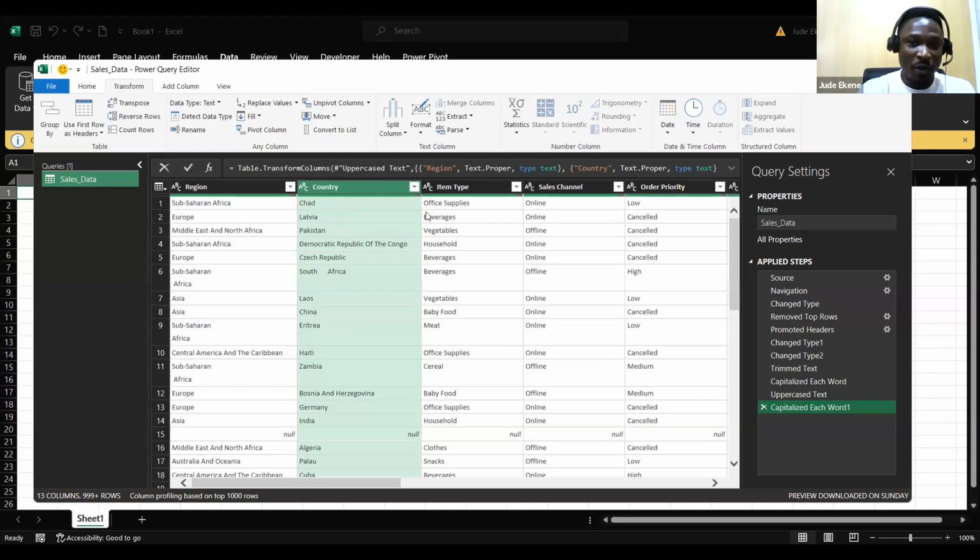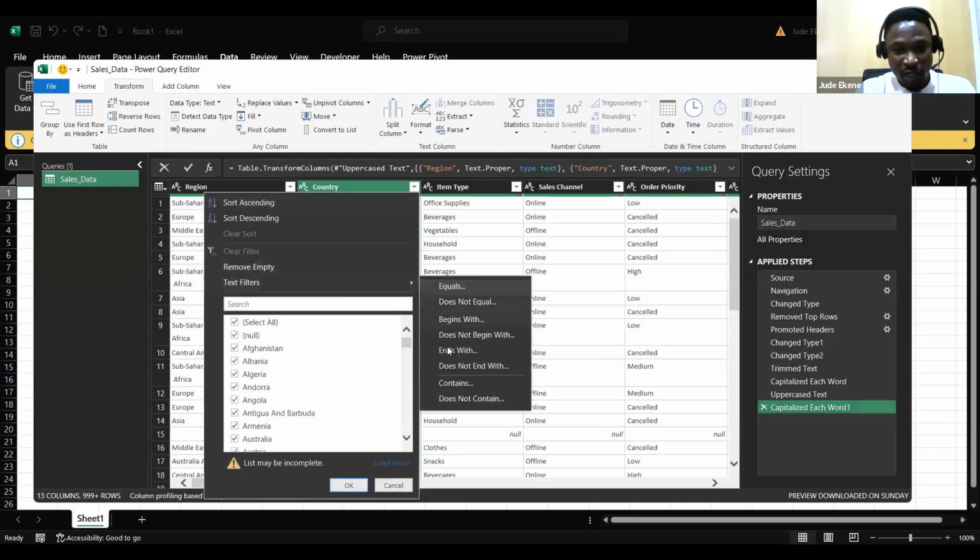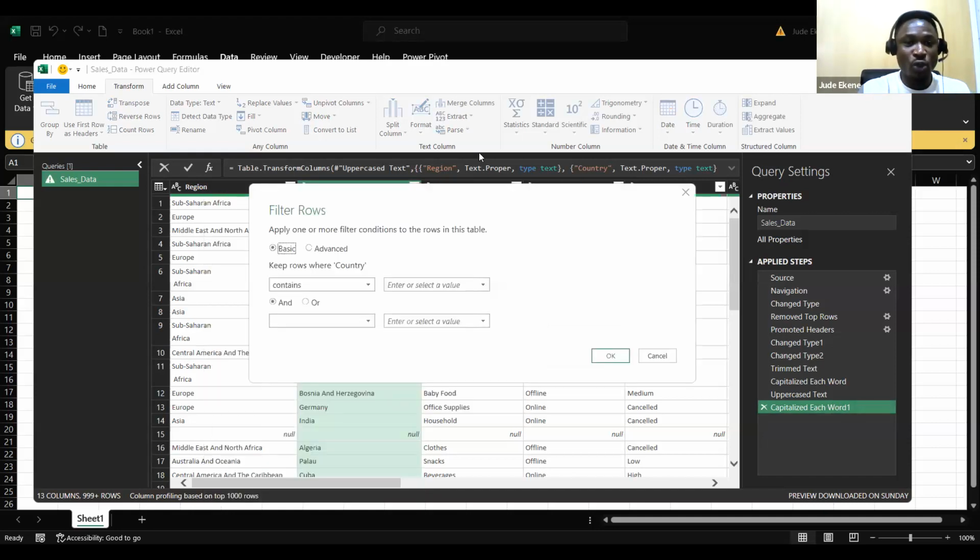So I can say maybe I want to select more than two countries using the or sign. What I actually want to do is not use the and. If I use the and, it means the two conditions must be true before my data will be present. If one of them is not true, I will not have my answer. But if I use the other radio button, that is